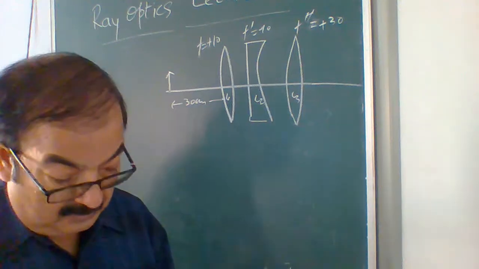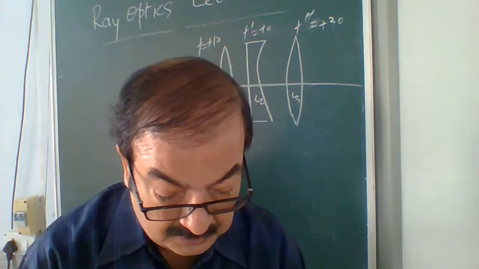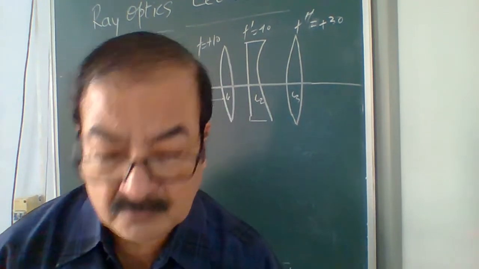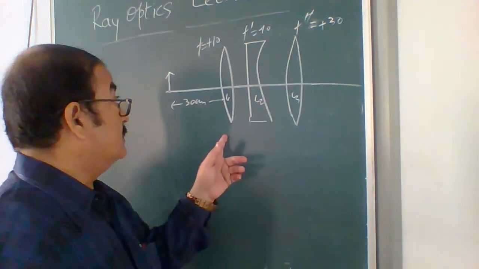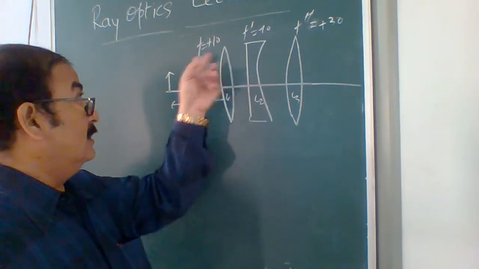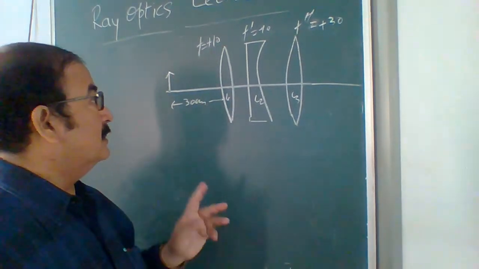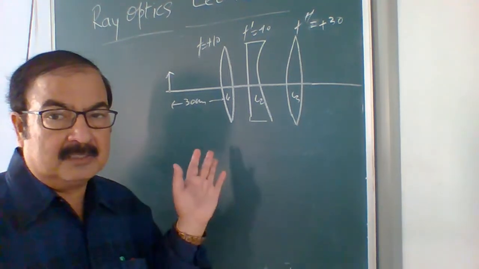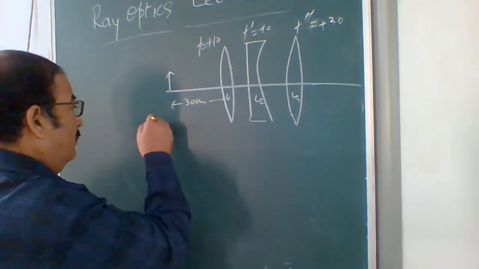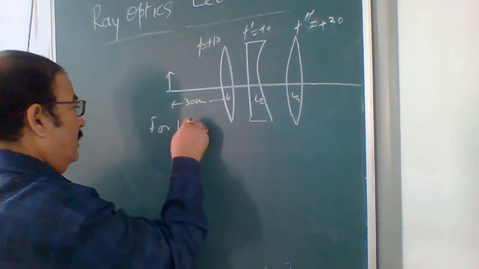You have to find the position of the final image. How to find such a thing? Remember, this is your first lens and the focal length is 10. The object is at 30, beyond the focal length, that means the image is real. So for L1,